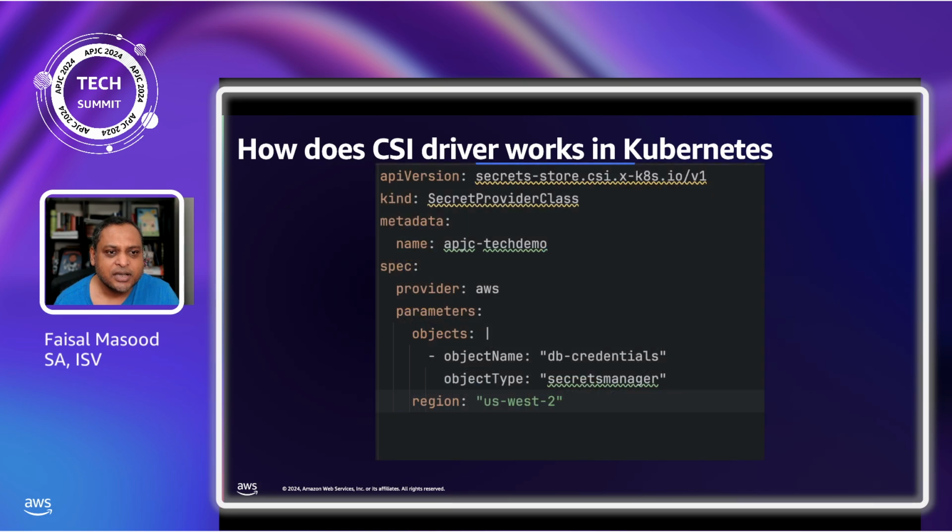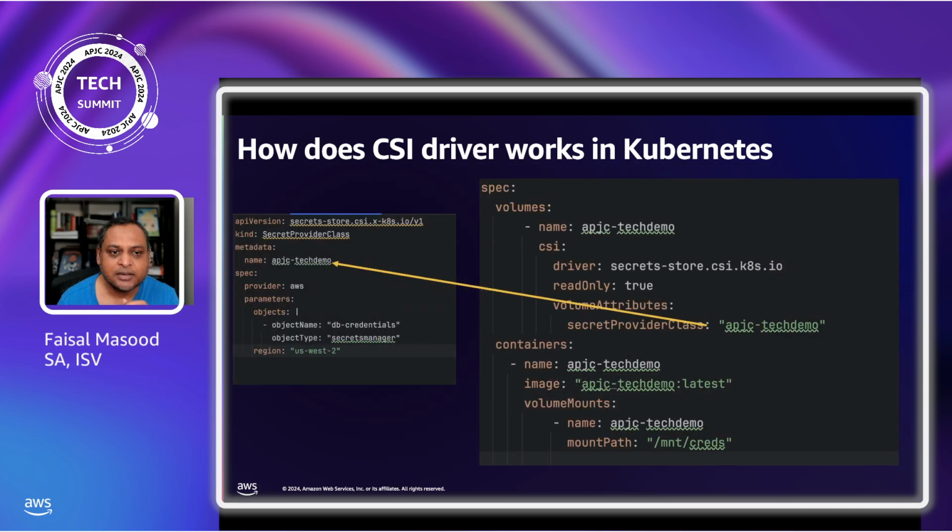So let's see how the CR looks. You can see here is a secret provider class, an object that is required by the CSI driver. You can see the provider is AWS, and we provide the name of our secrets manager object, like DB credentials, right? And then we'll say the object type is secrets manager. So the development team will request this CRD via GitOps. Security will see it and approve it, make sure we have the right access control.